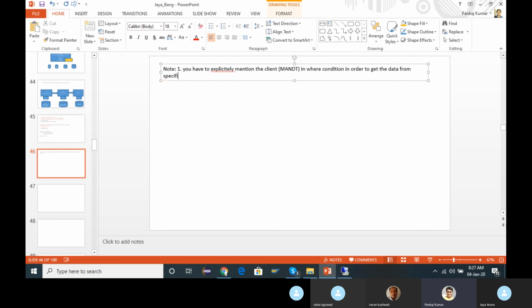Otherwise it will give data from all the clients at the database level. At the ABAP layer it is not required; the ABAP layer itself handles the current client and takes the data from the current client. So this is one note.